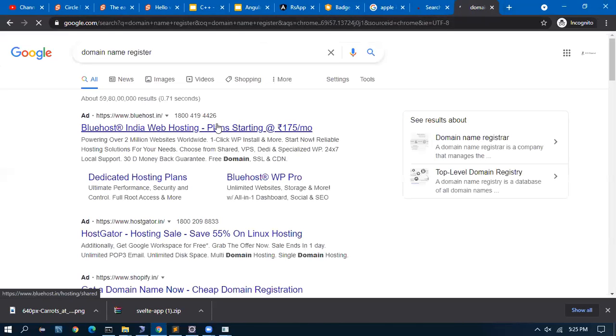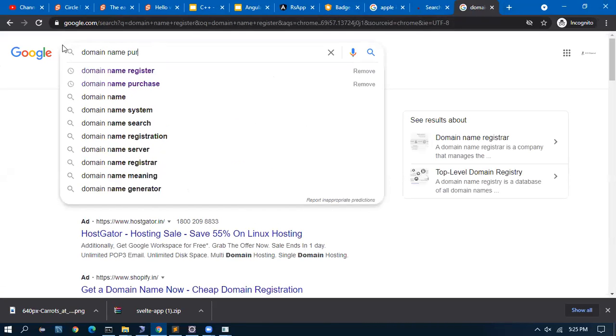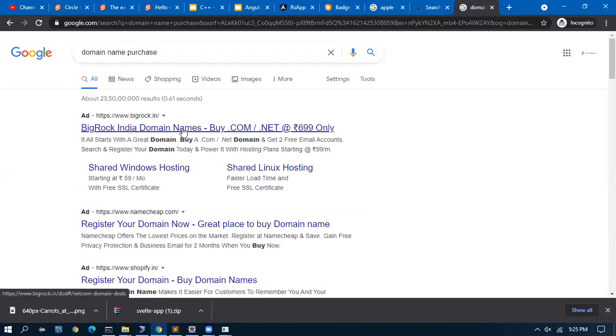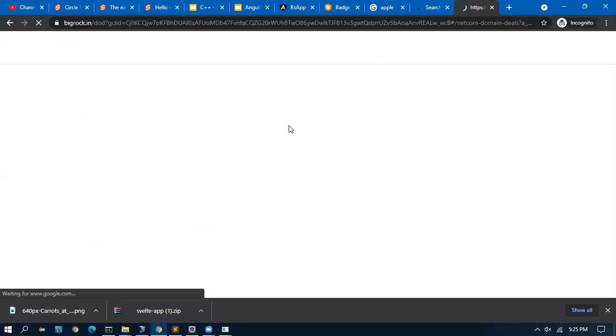We have different domain providers. So for domain name purchase, if I go here, register your domain name. There are many providers. I'll go here, Big Rock, and we have to start searching the domain name we want.